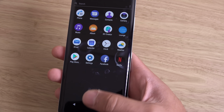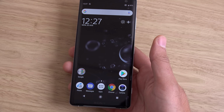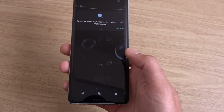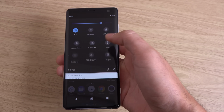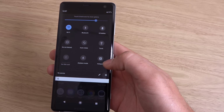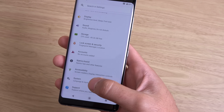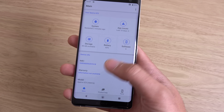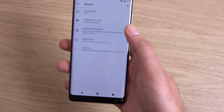Let's have a look at the software. It feels really nice and clean here. You know, not bogged down or anything. Feels quite airy. And it looks like they've really made a difference to the software. I mean, it's completely different to the XZ2. I was expecting it to be similar to that, a little bit of the same old stuff, but